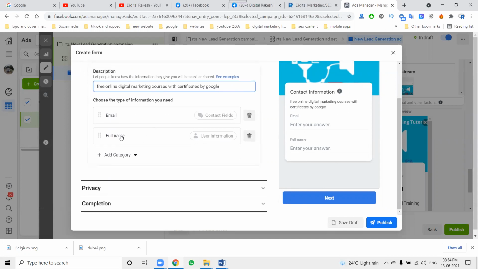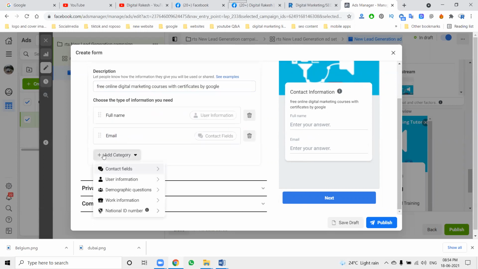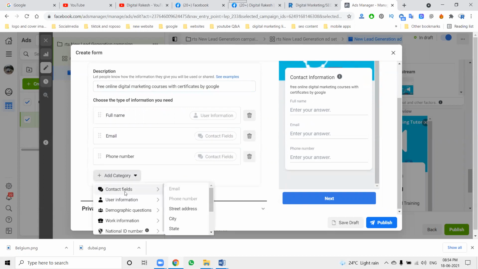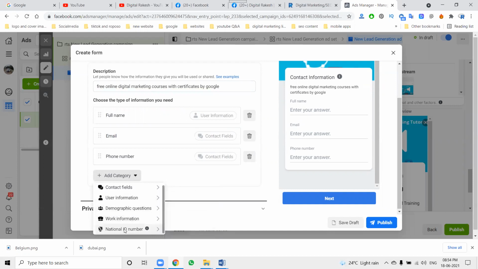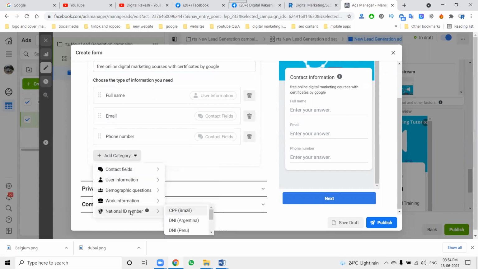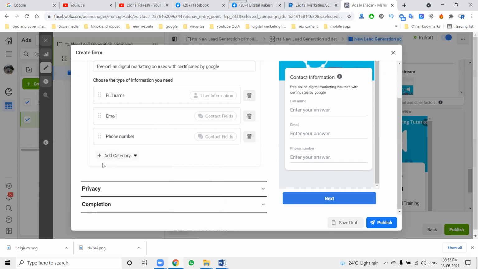Here is the option: full name, email ID is there, you can just grab it, phone number. Whatever information you need, everything will be here. So what information is required, we can add with this option. State or country, zip code, everything. I'm adding only full name, email and phone number.